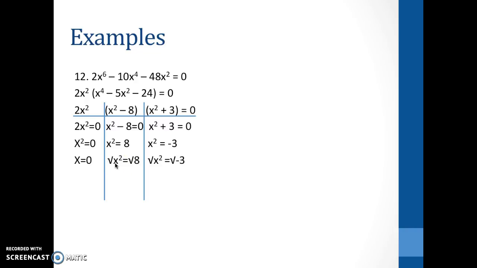I am left with the square root of 4 and the square root of 2, because 4 times 2 equals 8, so it becomes 2 times the square root of 2. Then I have the square root of x squared equals the square root of negative 3, and I factor out the square root of negative 1, and I'm left with i times the square root of 3. So those are my answers. Here is my solution set: 0, plus or minus 2 times the square root of 2, plus or minus i times the square root